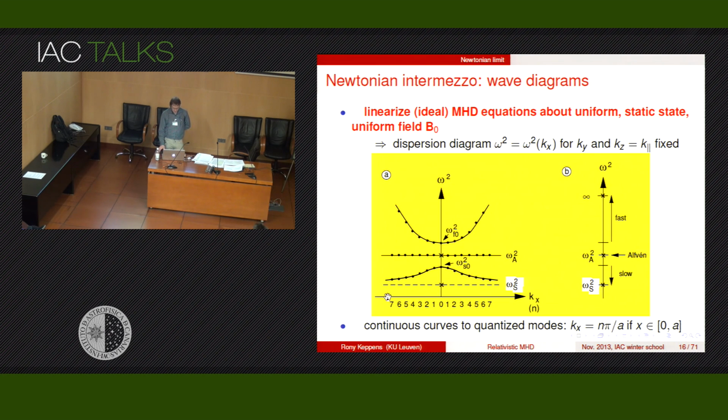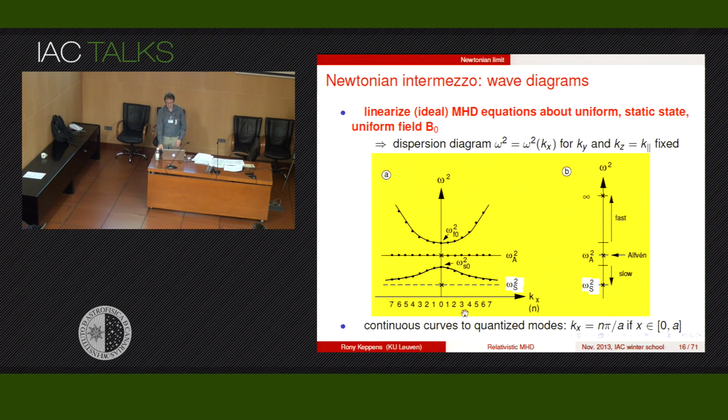I have now introduced kx, a wave number in the x direction, which is one of the directions perpendicular to my magnetic field. So let's consider a magnetic field trapped between two plates, and let's not go to infinite space, but to bound space. Then I will not be able to have all wavelengths in the x direction because it's bound, so I have to fit either 1, 2, 3, 4, 5 oscillations within this thing. And that means I go from continuous curves to just the dots at integer wave numbers that